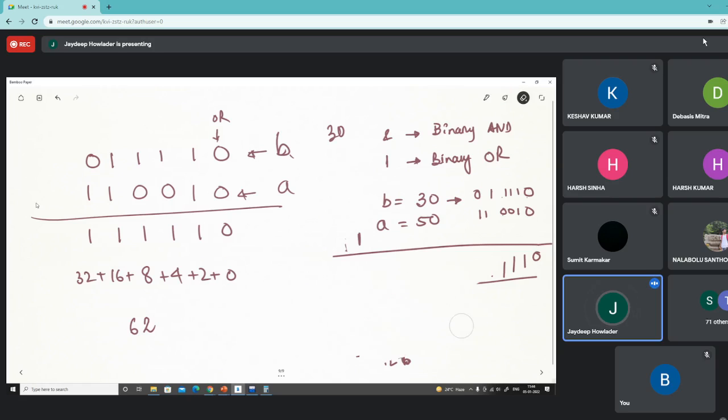64 minus 2 is 62. Right? Okay. So our expression was B plus A OR B, something like that. So this one takes 62.